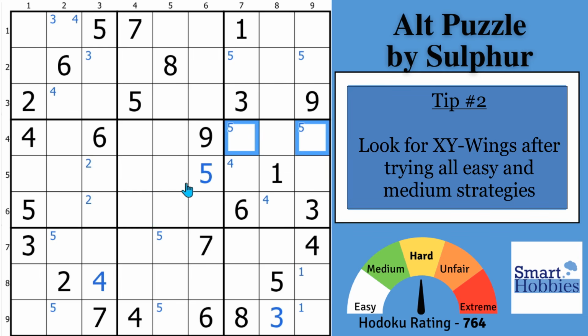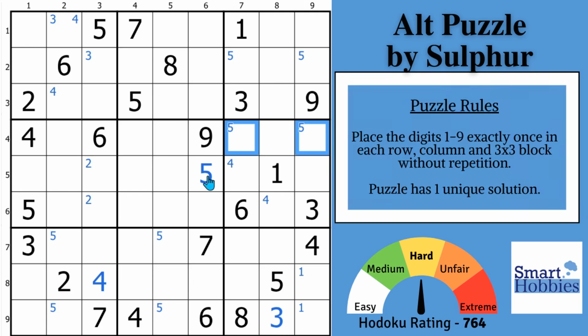Okay, so tip number 2 I have for you is you only want to look for the XY wings after trying all the easy and medium strategies. These are the ones that are more common and easier to spot, and so you're going to be able to solve them. This creates more restrictions, because every solved cell will create more restriction in the puzzle, and you've got to reduce the possibilities as much as possible to get to the spot where we need an XY wing. And I do cover all the strategies I'm showing you right now, up until we get stuck, in my free